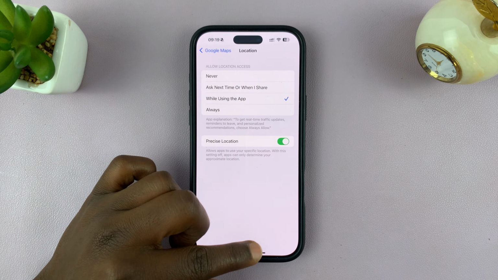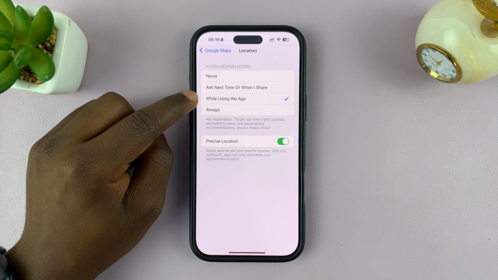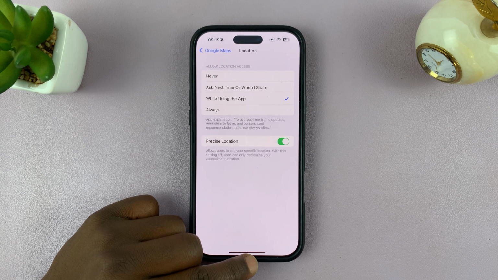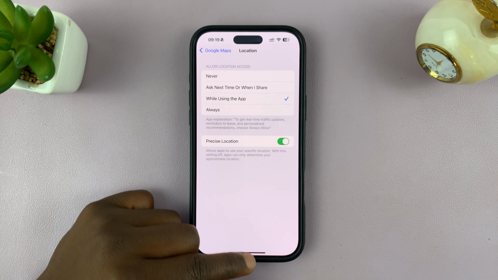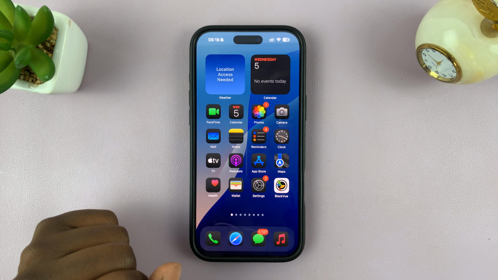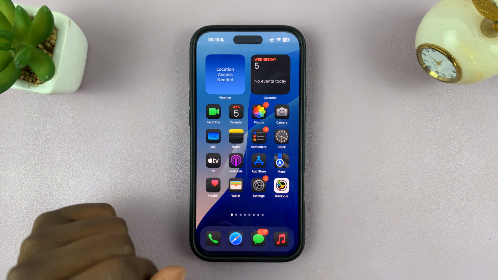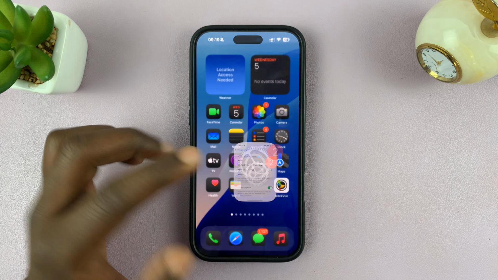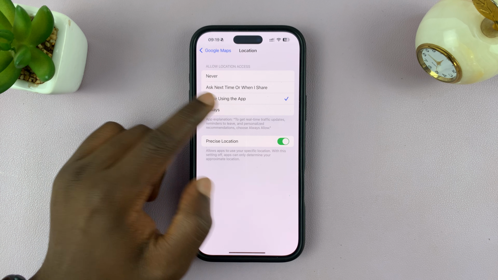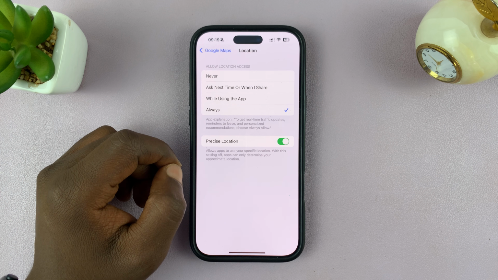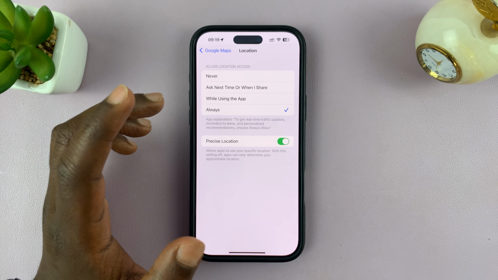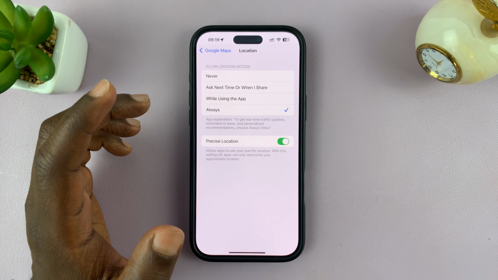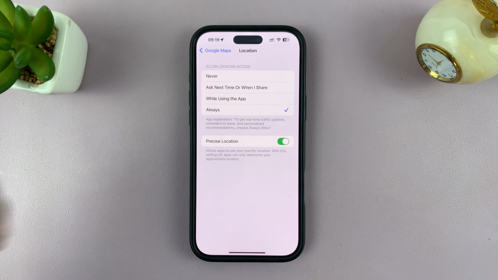When you leave it at while using the app, you can share your live location with someone, but as soon as you exit Google Maps, it stops sharing the live location because the permission is only while using the app. So if you want to share live location, then you need to select always, so that even in the background, Google Maps always has access to your location, and that's the only way live sharing can work properly,